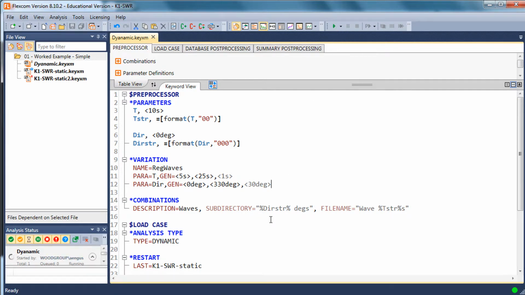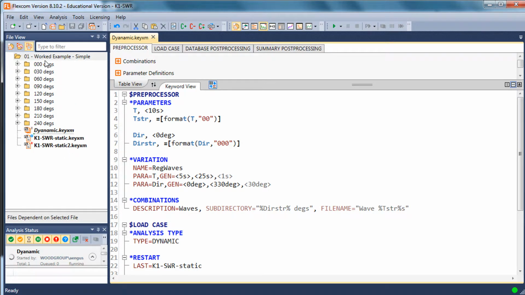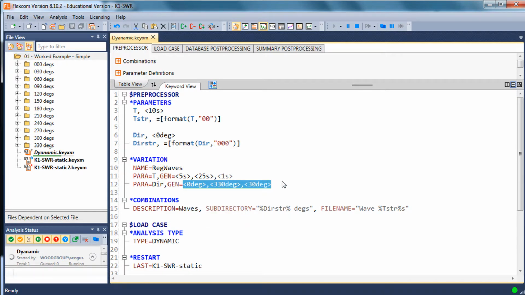I'll just hit the run button. This one will take a little bit longer to run because I'm creating more input files, but it should be pretty quick. So what you can see in the file view is that Flexcom is now creating all these different variations. So just to recap, what I'm doing here is I've defined a parameter for wave period and a different parameter for wave direction. I'm varying the wave period in steps of 1 second. So from my lowest wave period of 5 seconds up to a maximum of 25 seconds in 1 second intervals. And I'm doing a variation in directions from 0 degrees right around the compass, as I said, in 30 degree